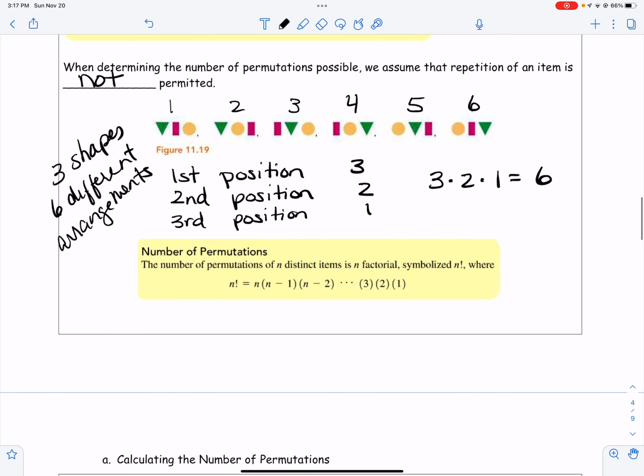And this is represented by what's called a factorial, 3 with an exclamation point after it, okay? So it is called 3 factorial. And again, on your calculator, if you have a TI-30XS, you will have an exclamation point, and I will show you what that looks like in just a minute. Or on a graphing calculator, you will have to go into the math button. So let me show you on a TI